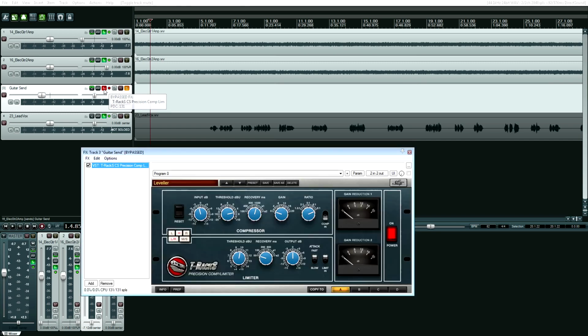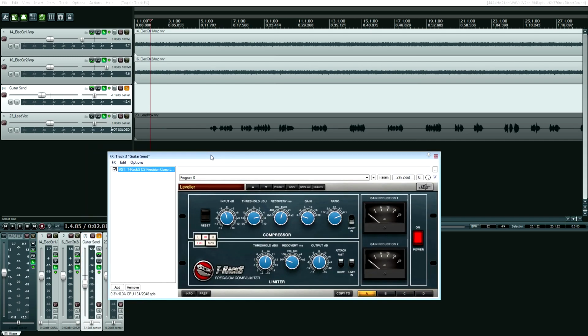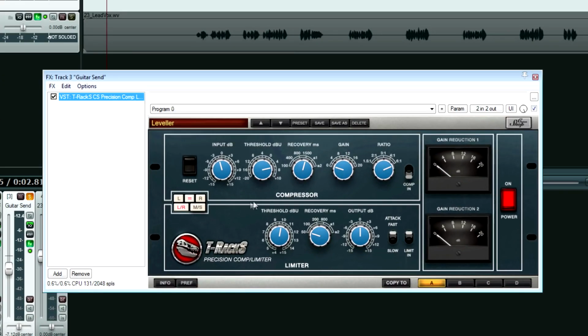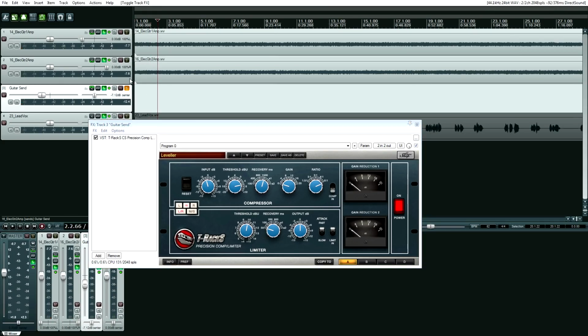All right, the next step, I'm going to enable my FX. And you can use whatever compressor that you feel works. I'm using a Neve 33609 emulation, which is the T-Rex Precision Comp Limiter. My limiter's off, and these are the settings that I chose. Again, this is all going by ear. I'm not going to go through this step because your taste will vary from mine, but I'll show you how much gain reduction I'm getting. And with effects off and on,